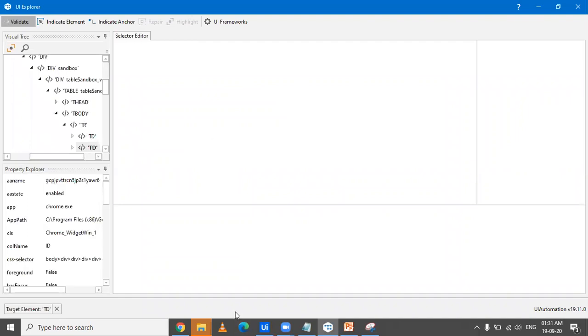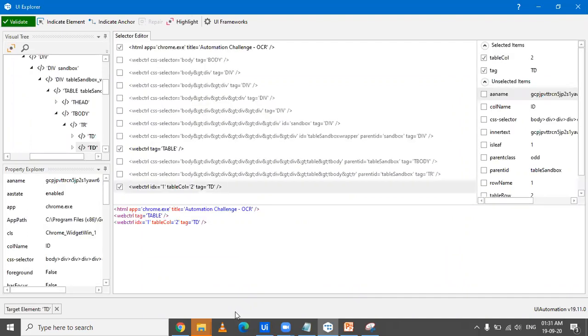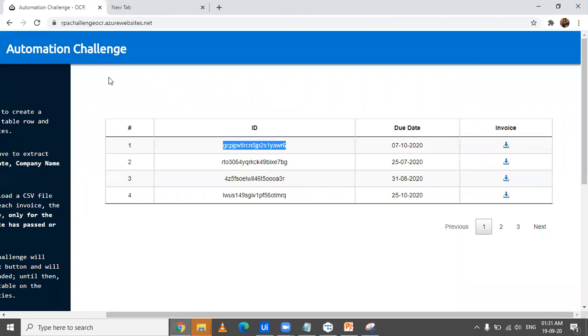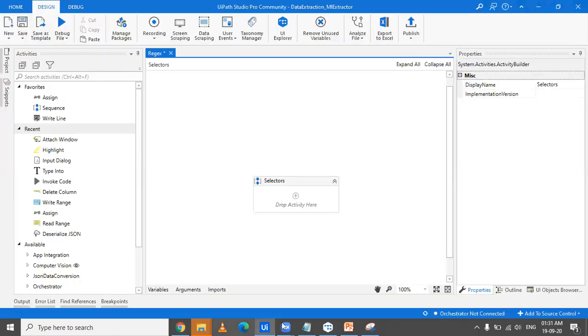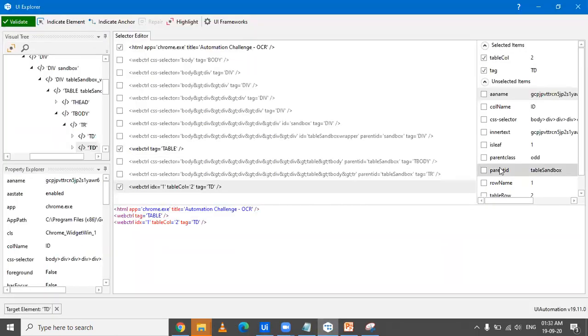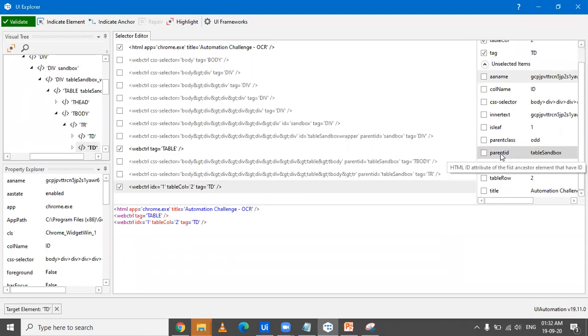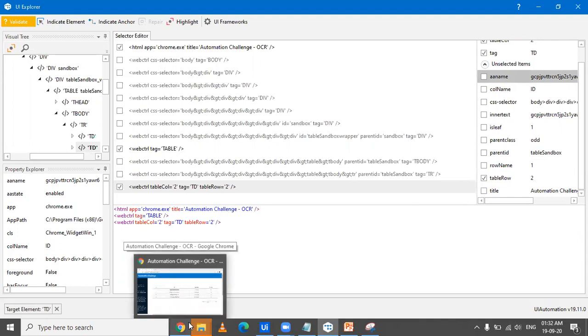So we just indicated that element, and we see that the column is 2, which means that this column is being treated as the first column and this column as the second column. And if we see the properties pane, if we include this row attribute, that will help us a lot.